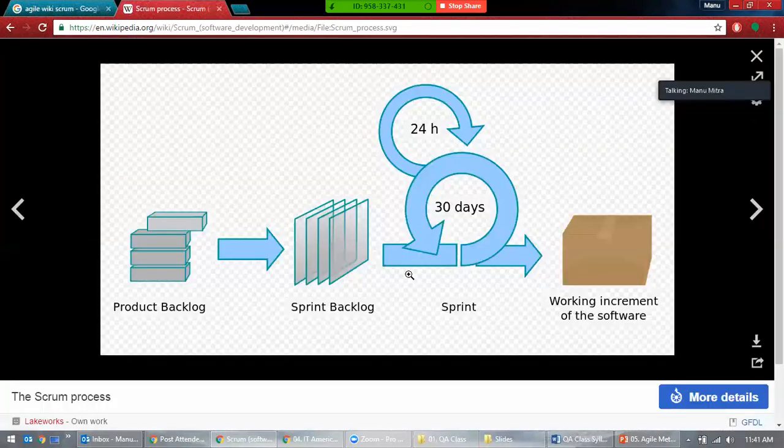This is the process. You have the product backlog, which has very high-level requirements, and you don't know any technical information in that. Then you divide that work into 4 sprints. That means business says, we have to complete this in 4 months. That's it. Then when you divide that, each chunk of work should be completed in 30 days, based on priority, and then moves on to the next. So that's how this agile way of doing work works.